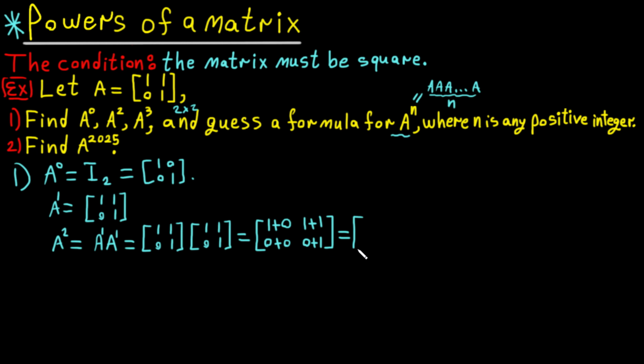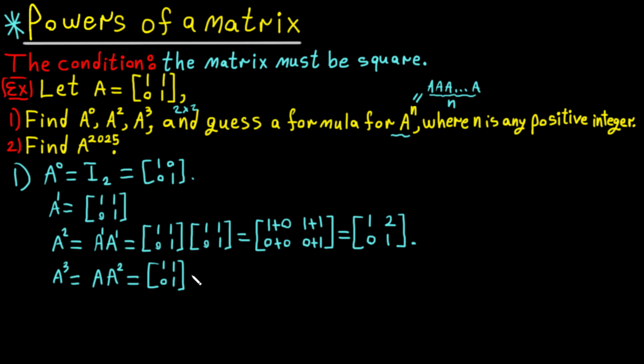So the answer here is gonna be 1 plus 0, which is 1. 1 plus 1, which is 2. 0 plus 0, which is 0. 0 plus 1, which is 1. So now we have found A power 2, which is this one. Now let's write A power 3, which is equal to A multiplied by A power 2, as we explained in the rules. Equal. So I will copy this one first,